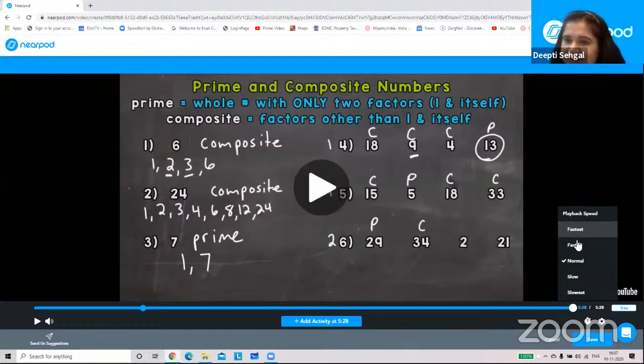The first one is fastest, fast, normal. Since you can see a tick mark against normal, our video is moving at normal speed, slow, or slowest. If you feel that the video is going very slowly and you want it to move quickly, you can click on fast. If you want your video to play at a good speed, you can click on fast or fastest. Or if you feel that the person explaining in the video is going too fast and your students will not be able to pick up at that pace, you can click on slow and your video will be played accordingly. So if I want my video to move at fast speed, I will click on fast,